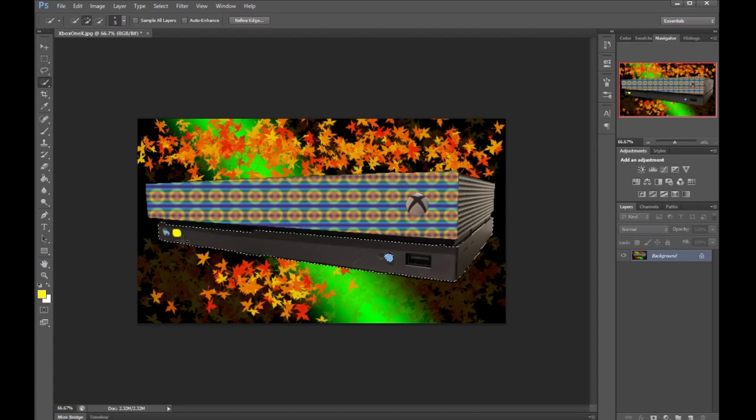But let's say you include this and then you include that. If you just do Control Z, you're just going to turn this on or off again. If you do Control Alt Z, you will actually go backwards. So in Photoshop, Control Z will take you one step back. Control Alt Z will take you many steps back. So then if I want to, let's say, take him away. There we go. And now let's paint